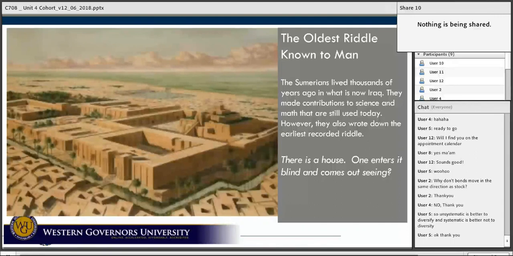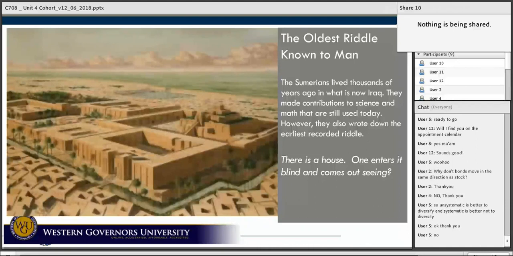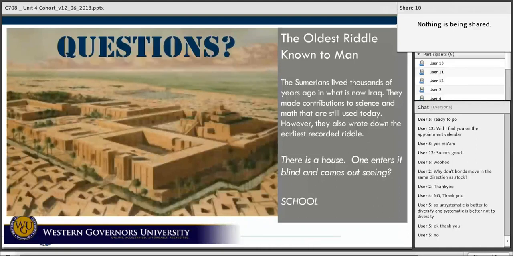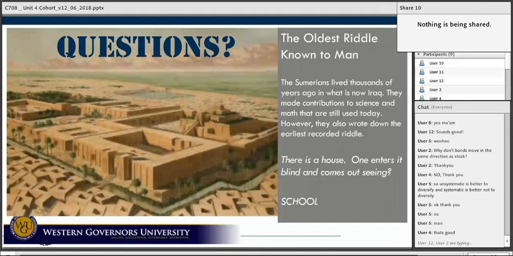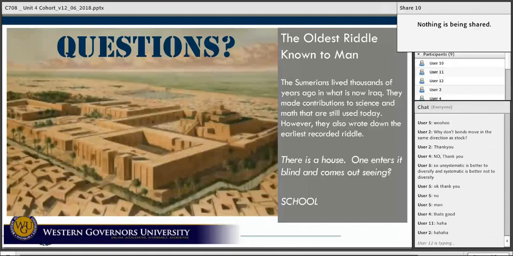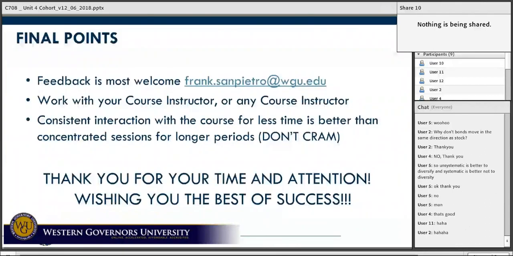Think that there's different ways people can be blind. Don't think just physical blindness. Anybody got any thoughts on this one? No? Okay. School. It's funny because that's what they wrote thousands of years ago. That's clever. It is clever. All right. So,